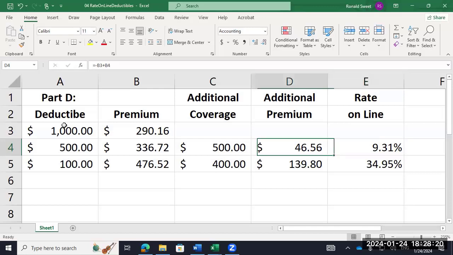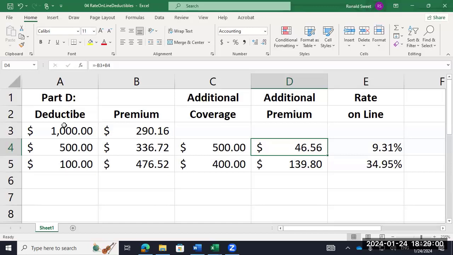All right. Look at the $100. With $100, I get an extra $400. Y'all see where I'm getting that? I'm going from a $500 deductible to $100. So if I have an accident, I only have to pay $100 instead of $500. So I'm $400 ahead, but it's costing me an extra $140. That's 35 cents per dollar. That's a really high rate online, right? It might be worth it to do the $500 deductible. The $1,000 is probably not worth it, it's not saving you that much, $46. This was annually, so you're talking $4 a month, not saving you that much. So $500 might be the sweet spot for your deductible.